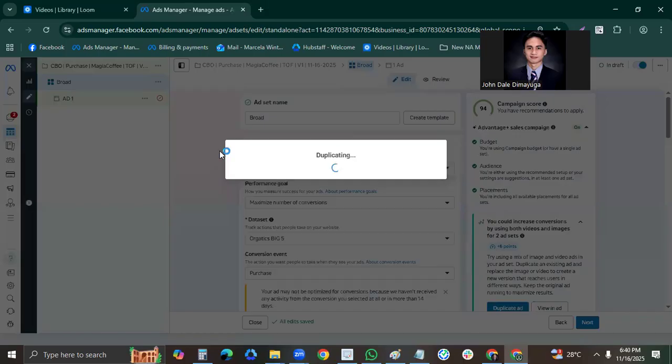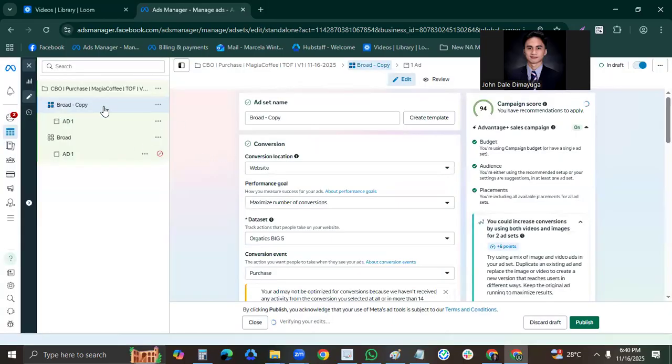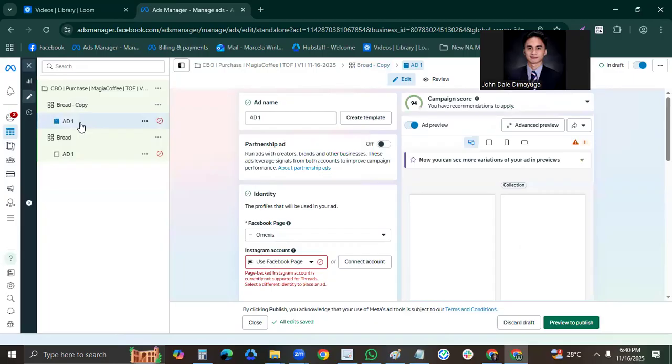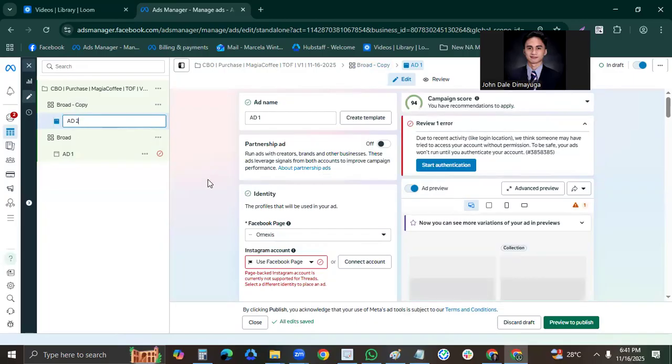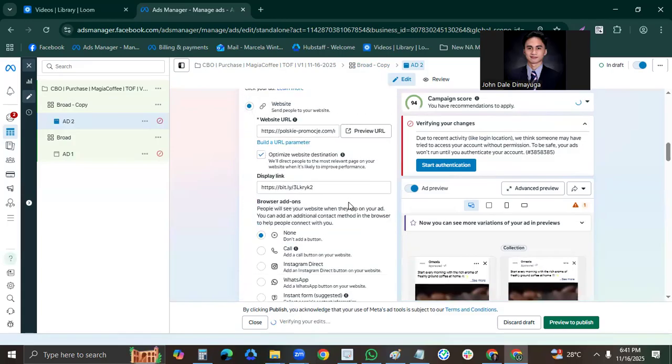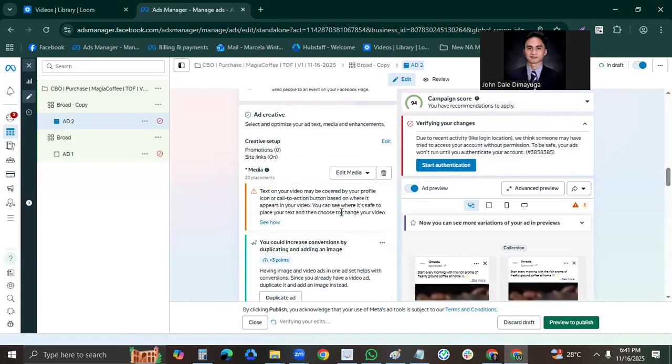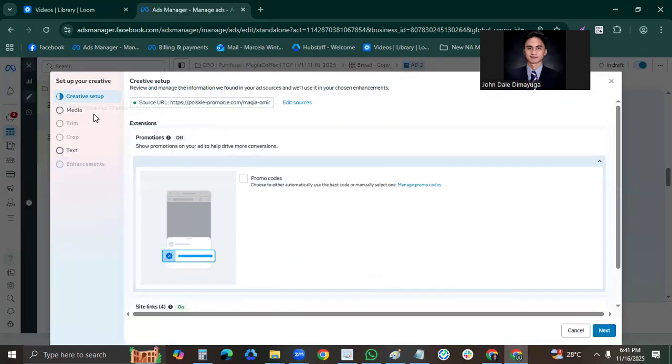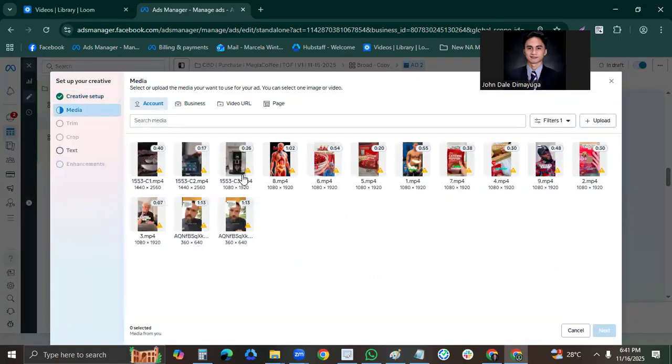Duplicate for the second creative, broad copy. Then let's change this to ad 2, and let's change the video for C2.